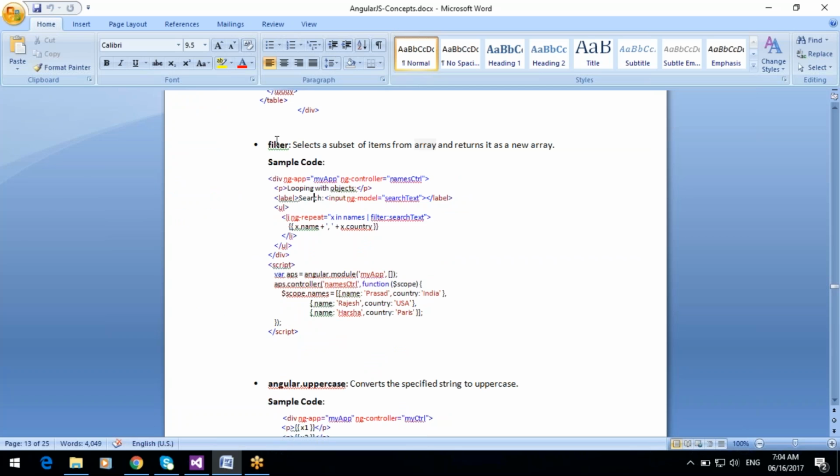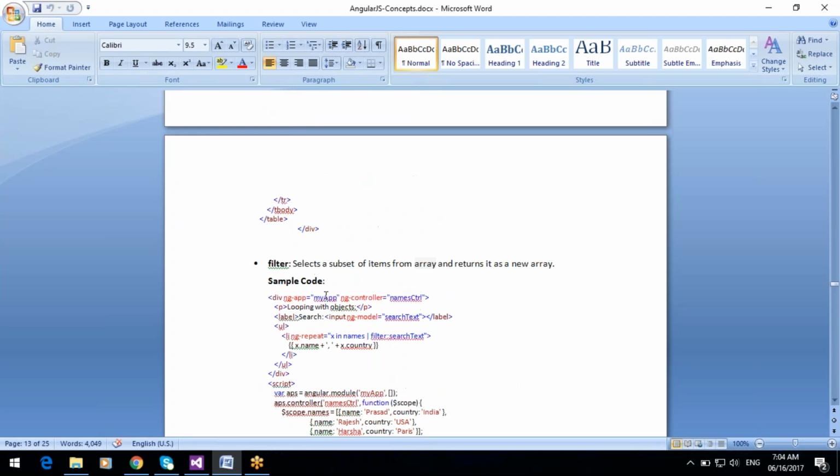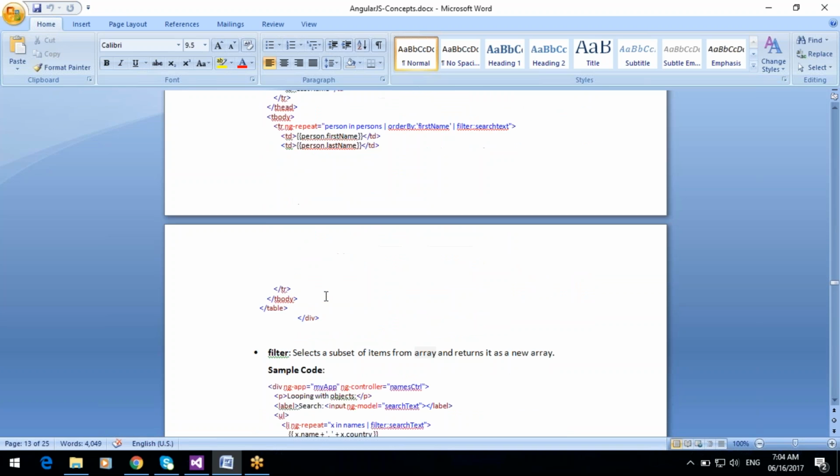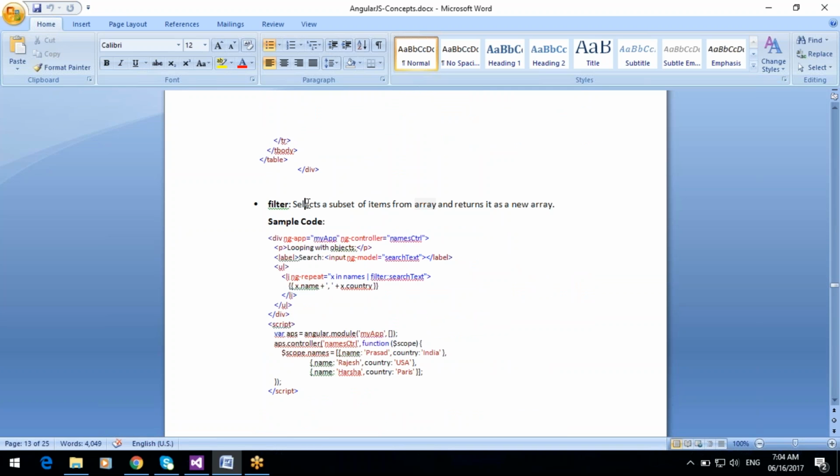Next, filter. The filter selects a subset of items from an array and returns it as a new array. For example, you want to provide search for the number of products.